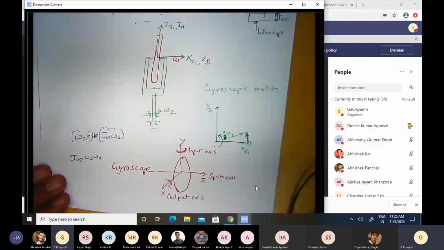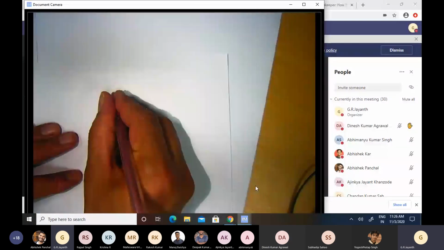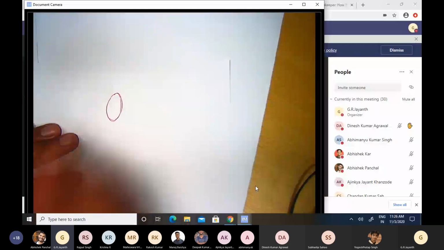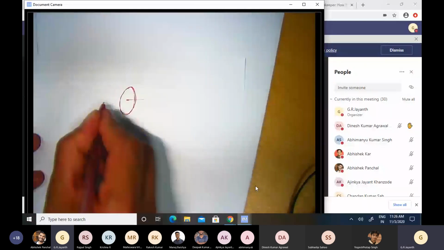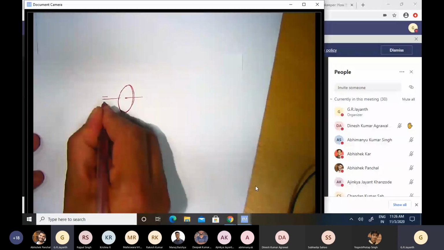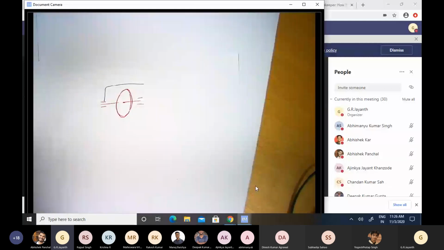Let me go to the next slide. Let me draw a general gyroscope. So there is a wheel. At the heart of every gyroscope is a wheel that is spun at a very high speed. You have bearings here, and this wheel is connected to what is known as a gimbal. This gimbal permits rotations about this particular direction.